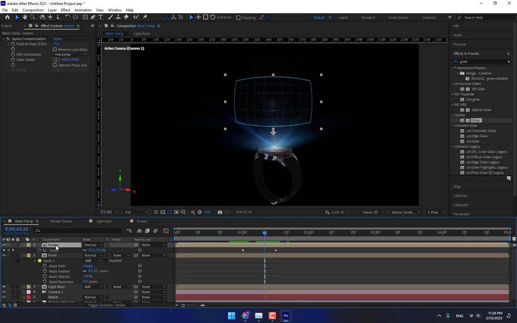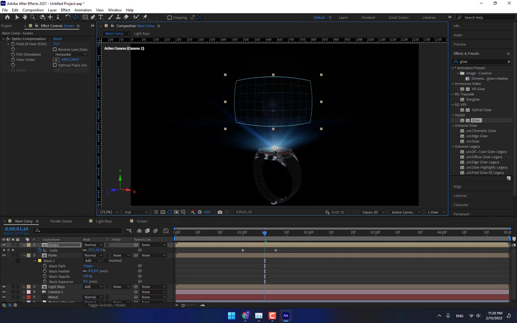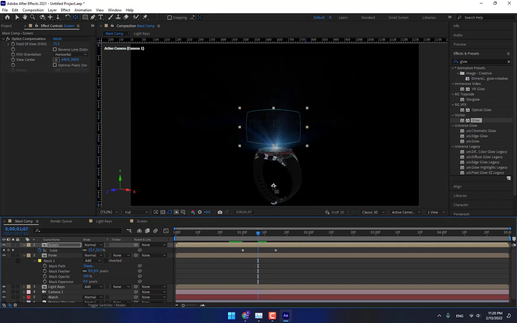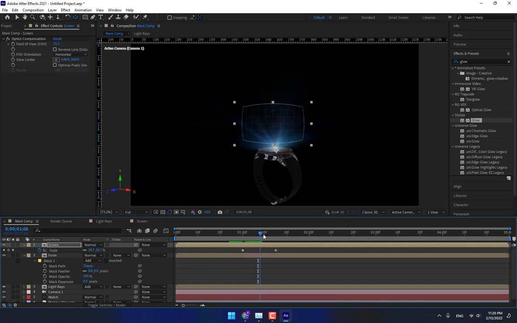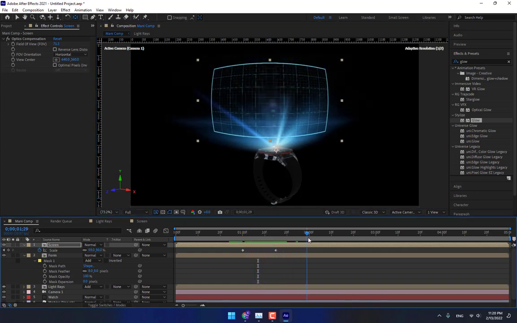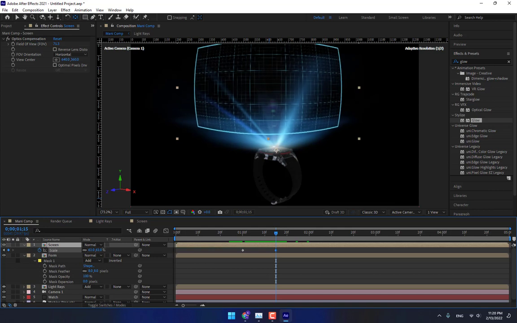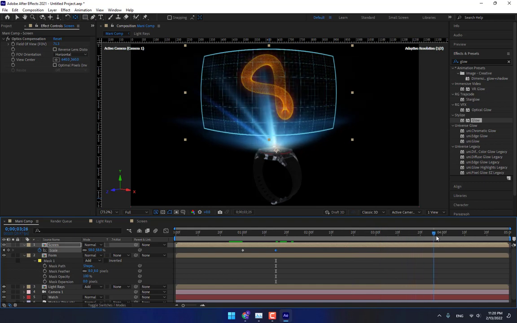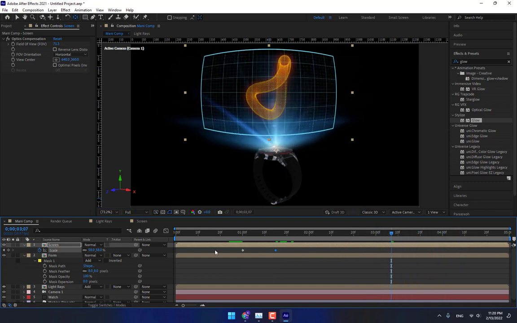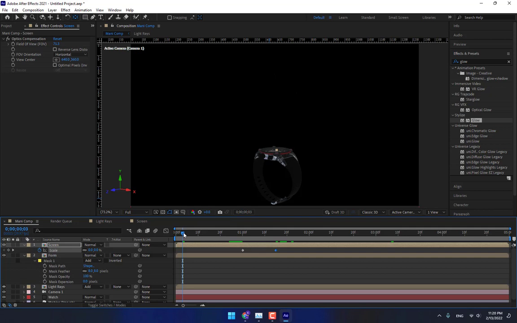Okay, this one is good, and there is about the screen moving from there. Yeah, this one is too good, and change the size. Yeah, this one is too good,